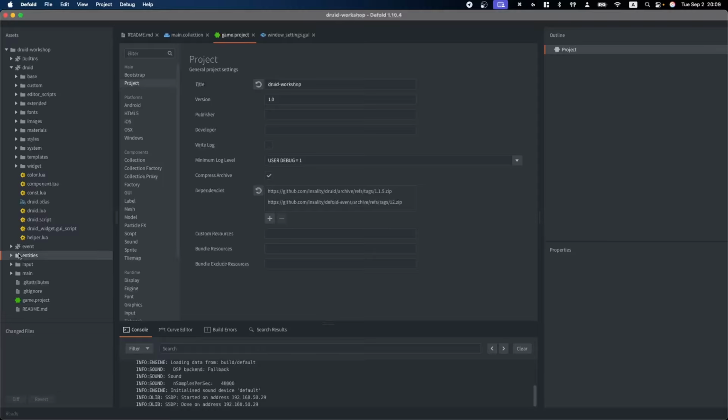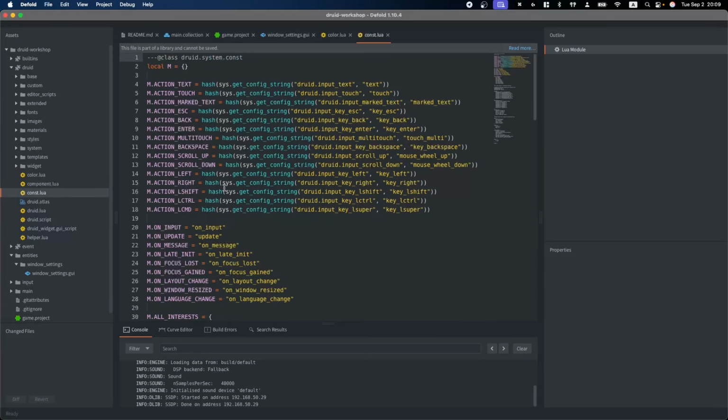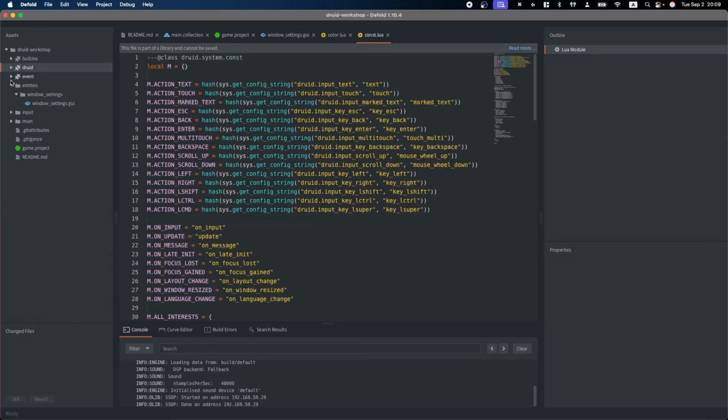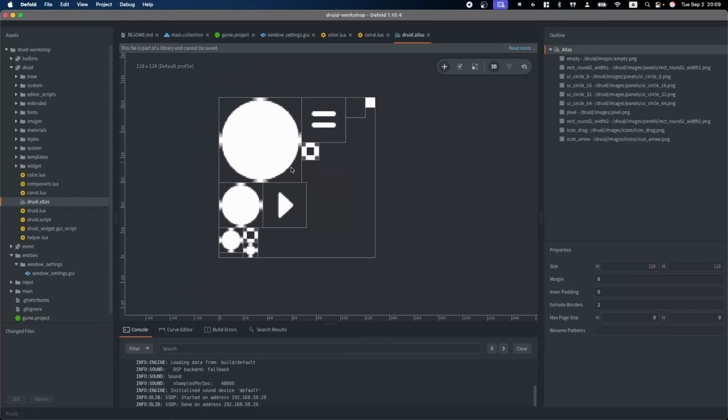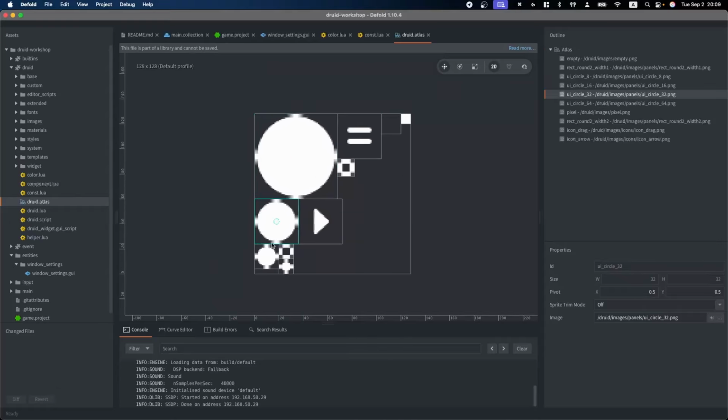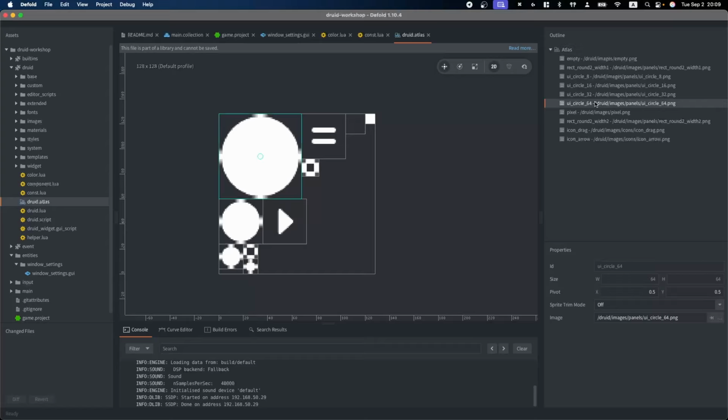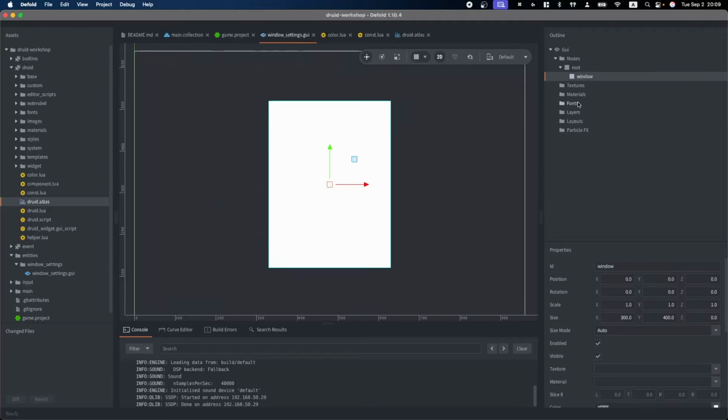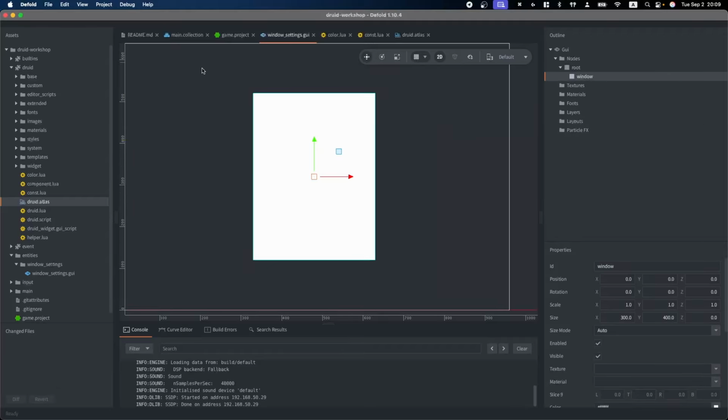It almost acts the same as your own folders, but you just can't change them persistently. You can do some small changes, but only to experiment. So we have a Druid library and event library. And what we're interested in now is the Druid Atlas. It's an atlas image with several images, can be useful for making some stuff, but we're mostly interested in these UV circles. There are 4 circles from 8 to 64 sizes, and we will use them to make rounded circles, round rectangles. To add this one, let's return to our window settings.